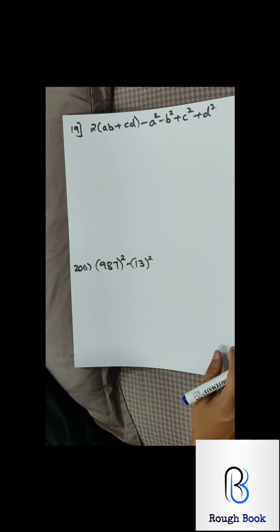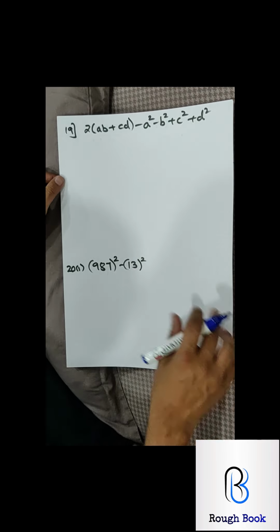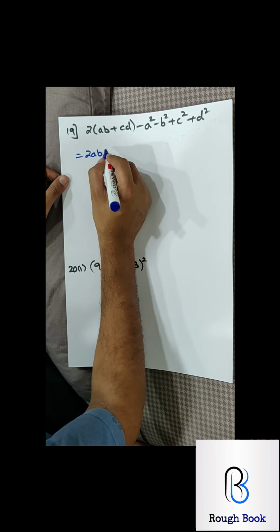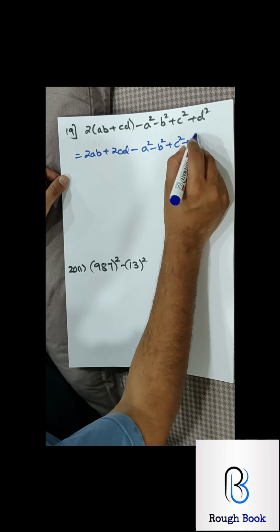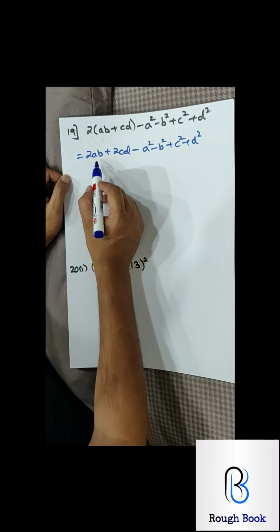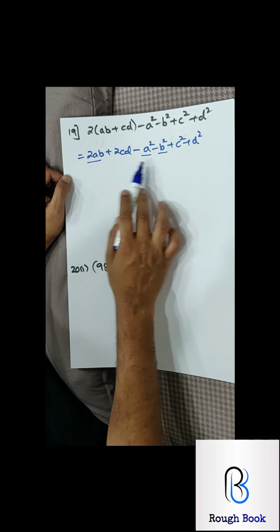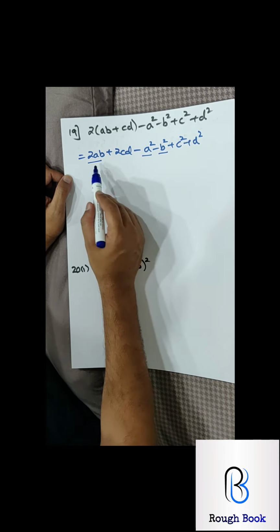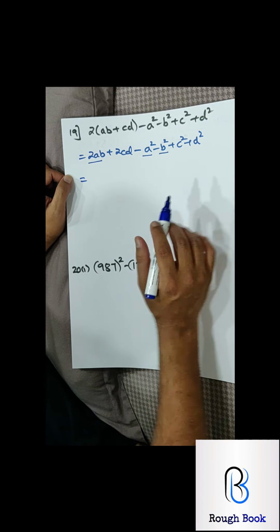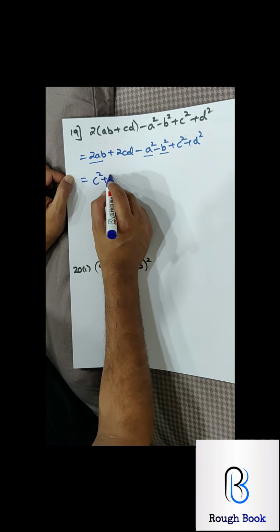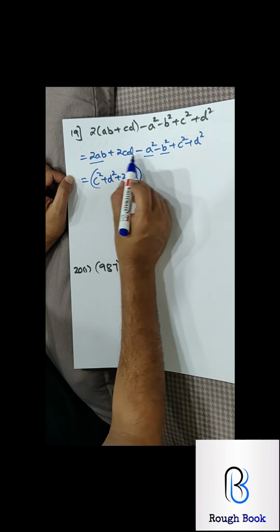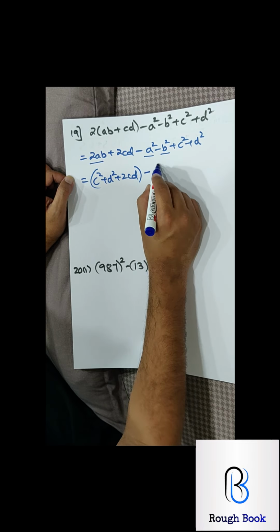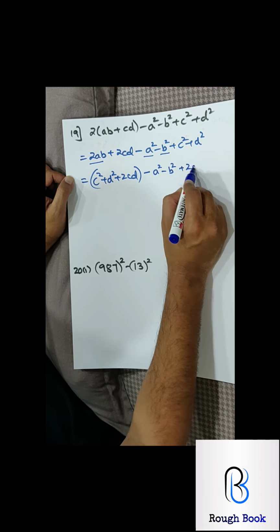Sum number 19. Come on. This is again a good question. Put a star beside it. You need to first open the bracket. So 2ab plus 2cd minus a square, b square, c square, d square. What to do now? Identify the families. Yeah, ab and cd. Let's bring the cd's first, because this minus we'll put later. So I will get c square, d square, 2cd together, putting in one box. And here these parts, minus a square minus b square plus 2ab.